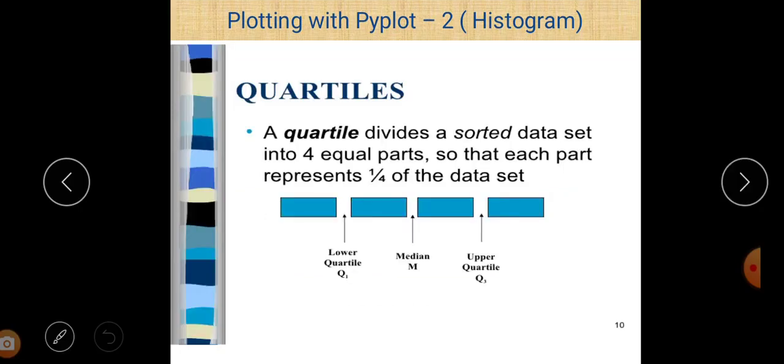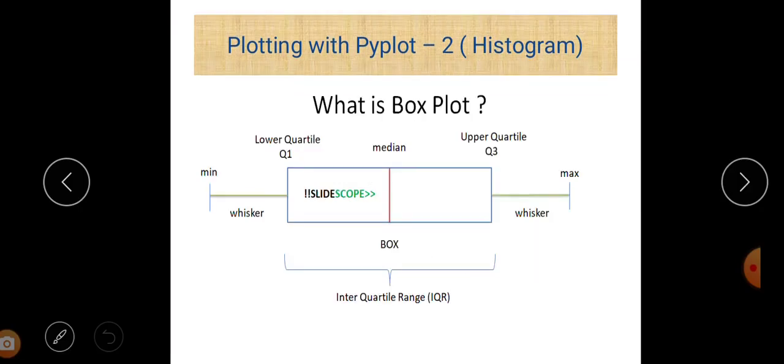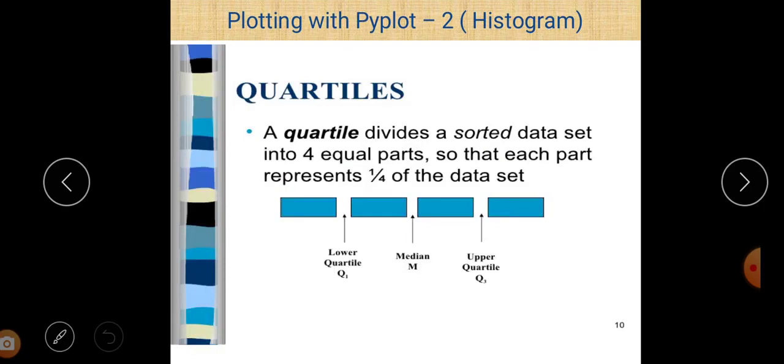Next is, what is a quartile? Because in a box plot we can find the lower quartile and upper quartile. Basically a quartile divides a sorted data set into 4 equal parts so that each part represents 1/4 of the data set. You can see that this data is divided into 4 equal parts here.